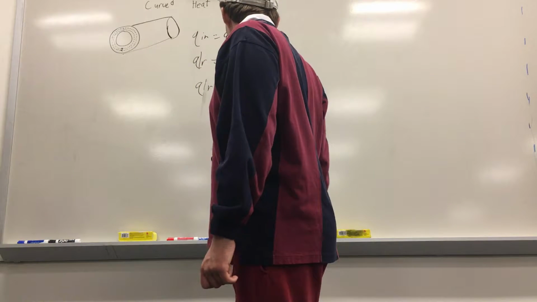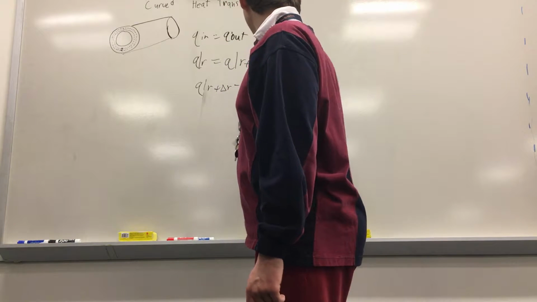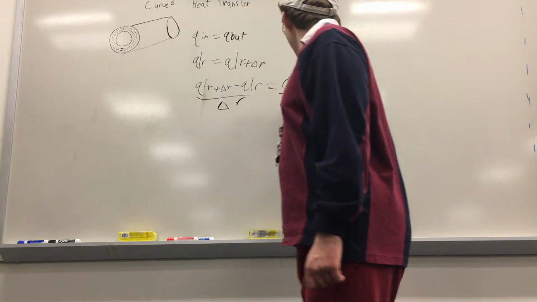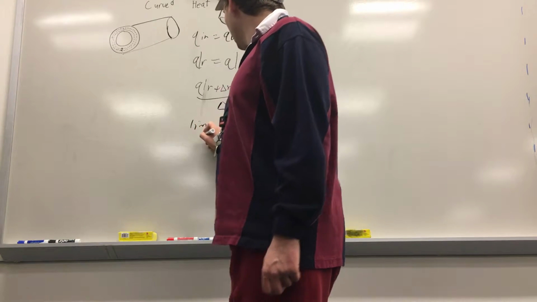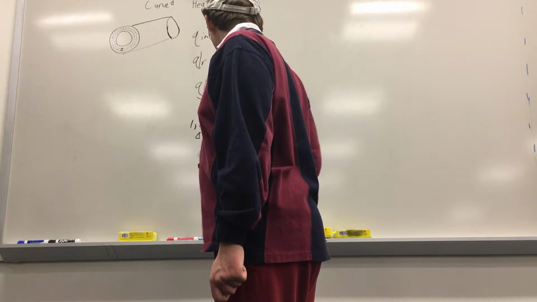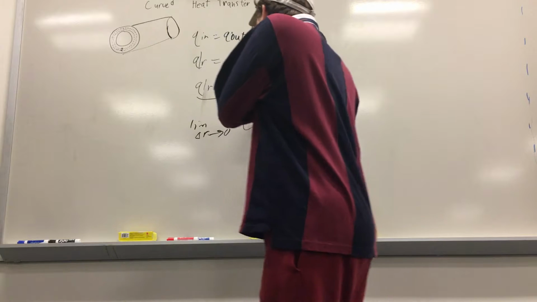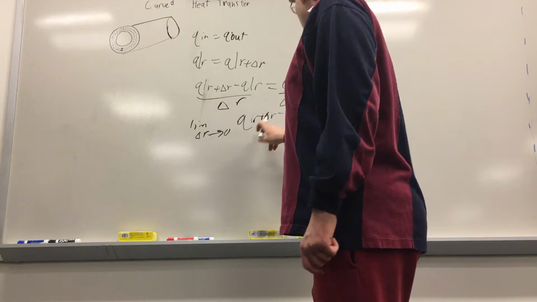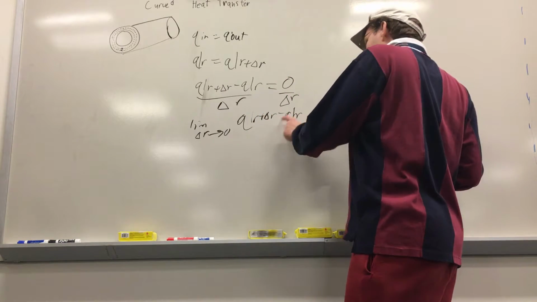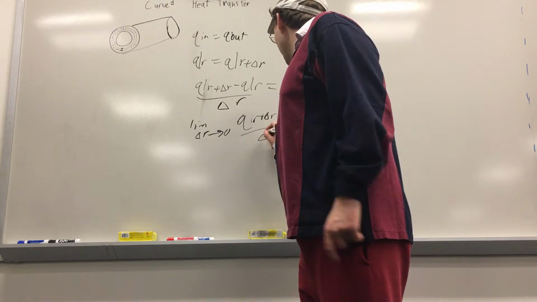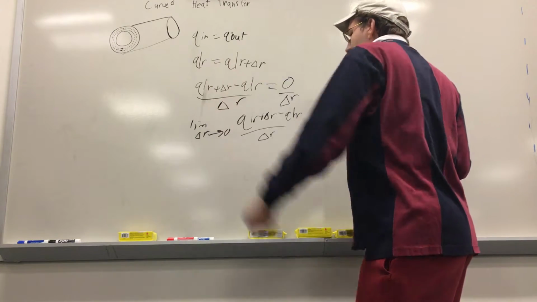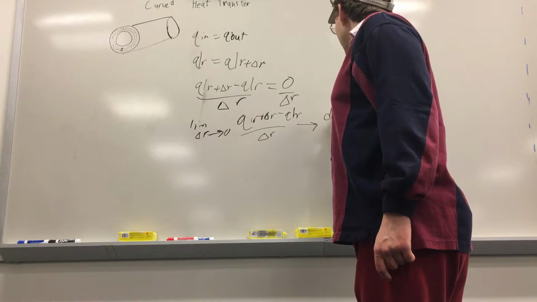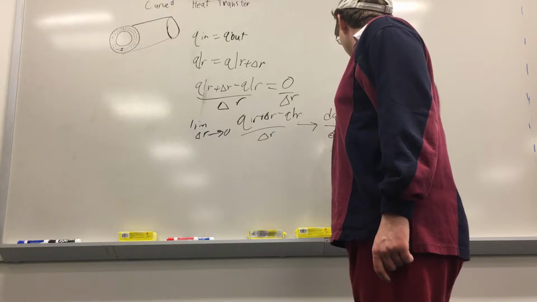or is it, maybe I flipped it. Oh well, doesn't really matter. Equals 0, we can divide by delta r and get it into a limit notation, as delta r goes to 0 of this difference. Again, I'm not entirely sure if it should be Q at r plus delta r minus Q at r, or the other way, but it doesn't really matter because we could just divide by negative delta r and get the same thing. What is important is that we find out that this is a derivative, dQr/dr, which is equal to